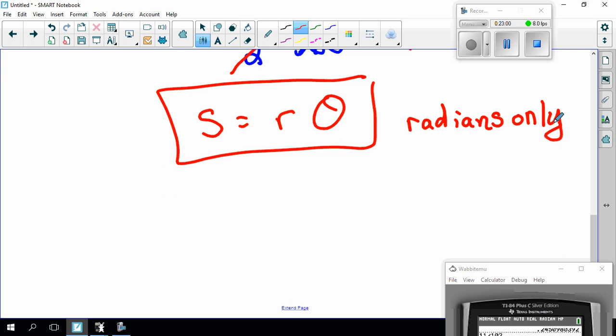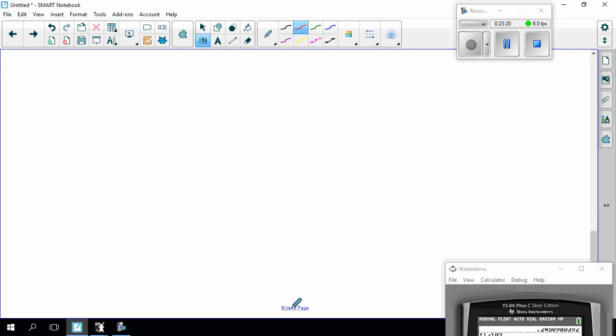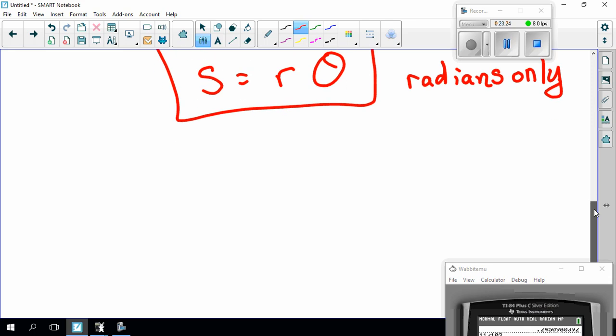This is a great formula. It cleans things up. Just know in calculus we never use degrees, we always use radians. Radians are basically a natural measure, where it turns out that degrees were kind of a made up thing. So in calculus, radians are definitely going to work out better. That was a very simple explanation. Simplistic, I should say. It's a little more complicated than that. Let's just leave it at that. Well, anyway,